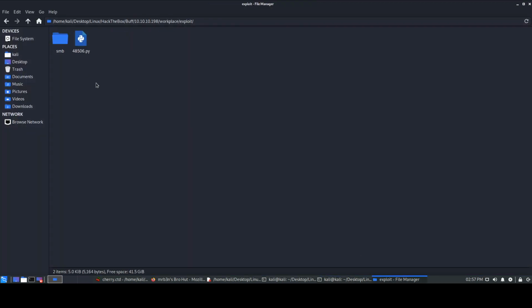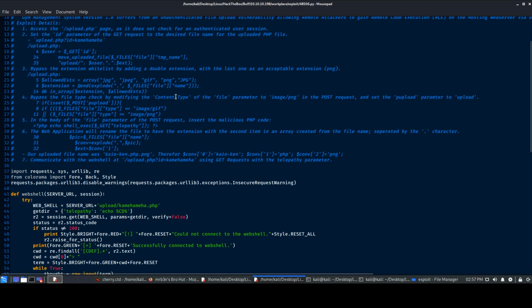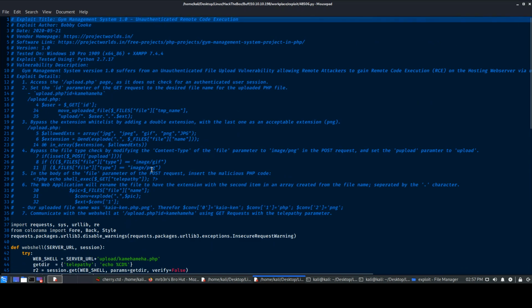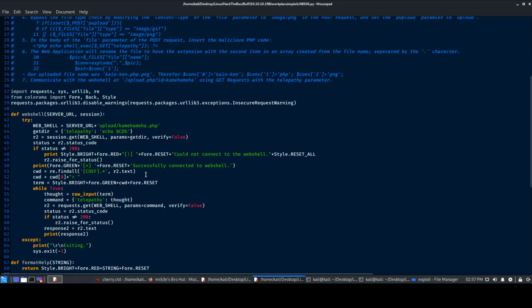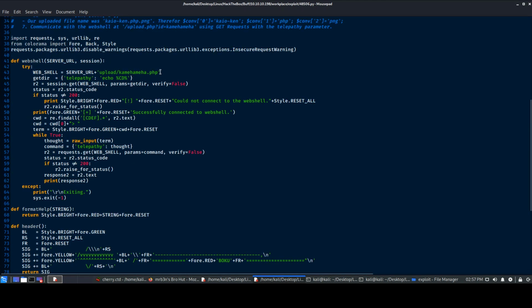So let's just go to exploit, ignore this directory for now, and this is the exploit which we are looking at. There are multiple things over here, and if you go through the exploit in detail, it's going to explain a few things like what it's actually trying to do. In general, whenever you run an exploit, make sure you know what it's actually trying to do. Just to give a quick summary, it's trying to create a file, kamehameha.php. It's going to upload that file over there,